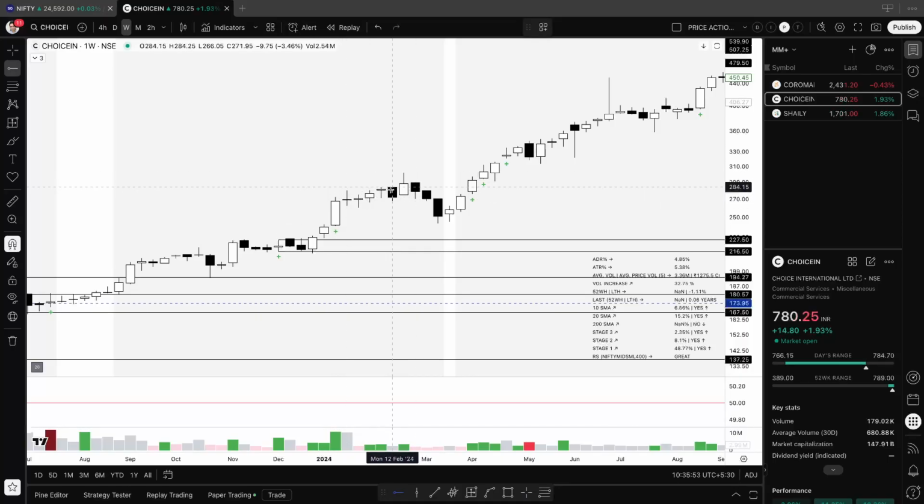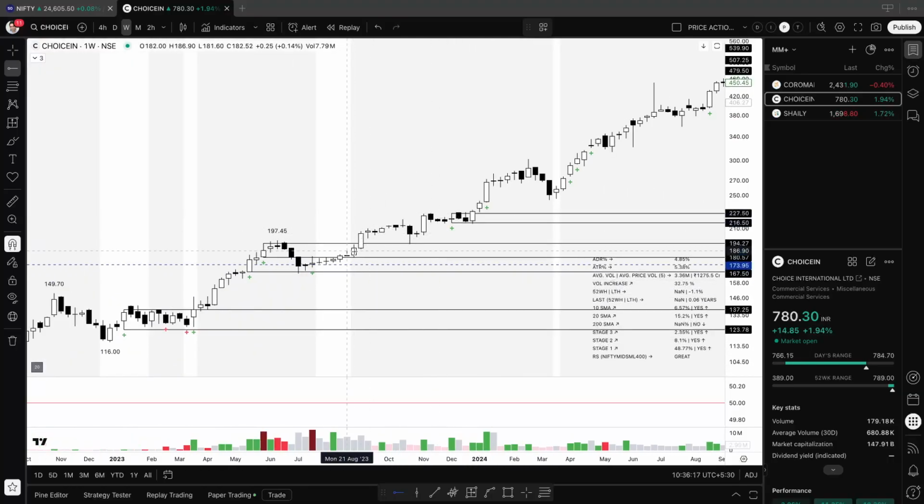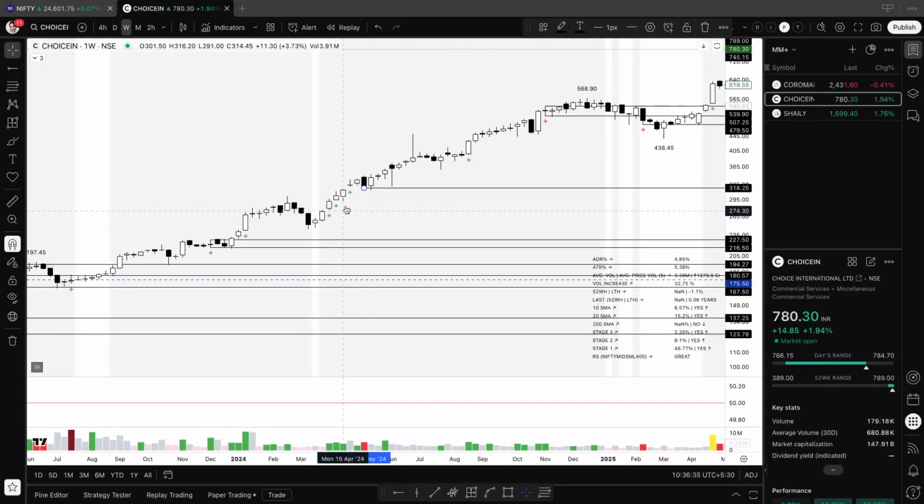This system works really well on the higher time frames like weekly and daily charts. In the short term, algos can always create problems for you, but if you are a swing trader or a positional trader, this system will work really well for you. Also, this will give you signals. You can see once price broke out of this level and our background started to get darker, it told us that now a trend is starting. You can see that every time this is happening,